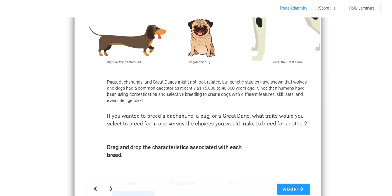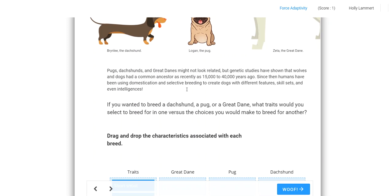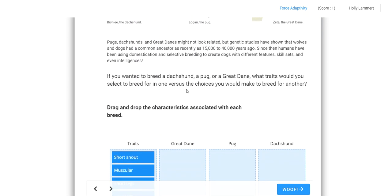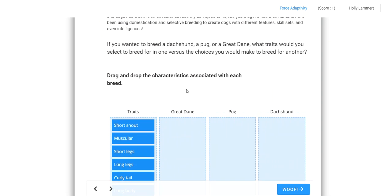So pugs, dachshunds, and Great Danes might not look related, but genetic studies have shown that wolves and dogs have common ancestors as recently as 15,000 to 40,000 years ago. Since then, humans have been using domestication and selective breeding to create dogs with different features, skill sets, and even intelligences. And that gets back to our conversation. Remember, we did look at some studies that showed that intelligence was heritable or could be passed on. Specifically looking at twin studies and having twins that had very similar intelligences. If you wanted to breed...